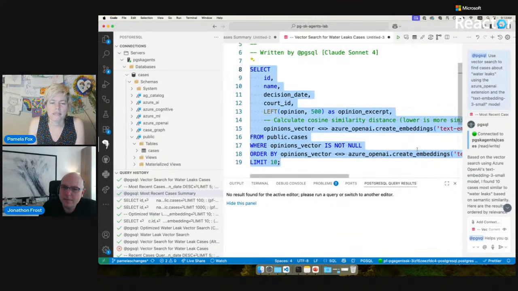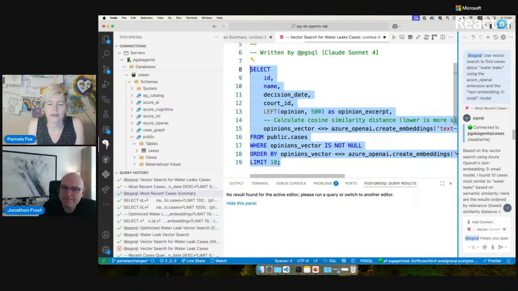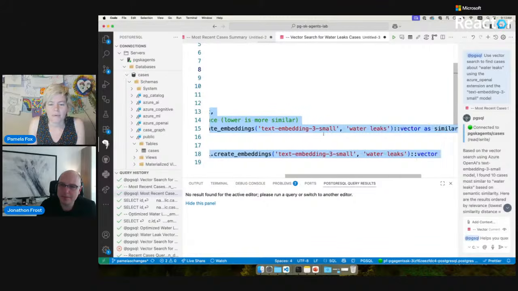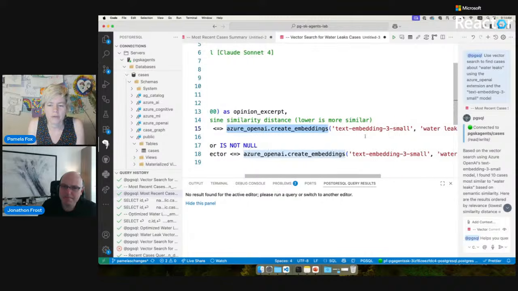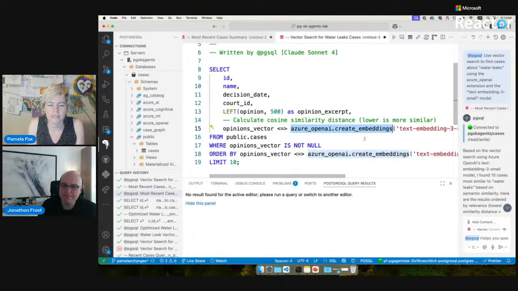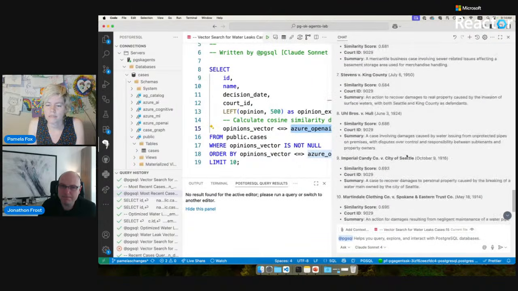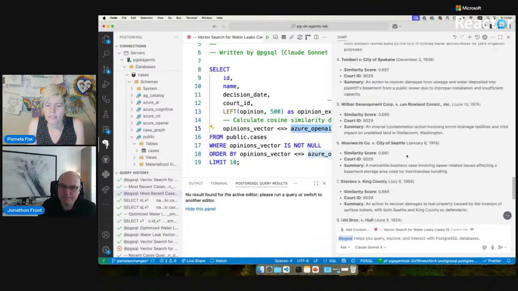And we could even ask the extension to optimize this, and it's great at making more optimal SQL if we think there's something that's not as performant about a particular query. But yeah, we're going to be using this Azure OpenAI extension in Jonathon's code, so we'll see it going forward. But I wanted to show it here as well to give you an idea for how we can do some AI-powered search of our Postgres database.